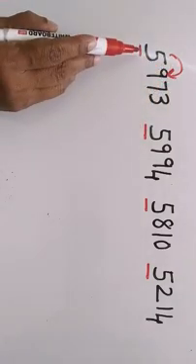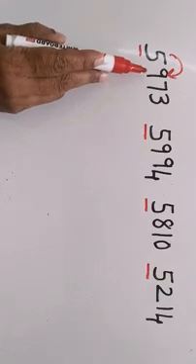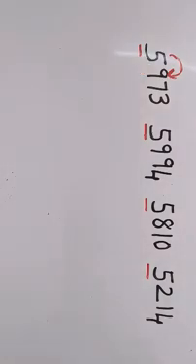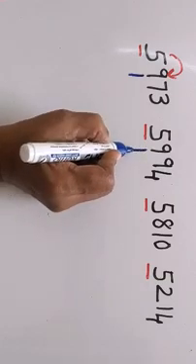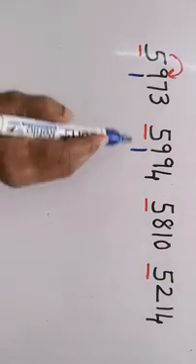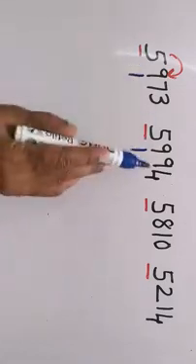Okay, this was my highest place value. After thousands place value, hundreds is my highest place value. So let's see my next place value. Here I am having 9. Here I am having 9. So the thousands and the hundreds place value for both these numbers are same.